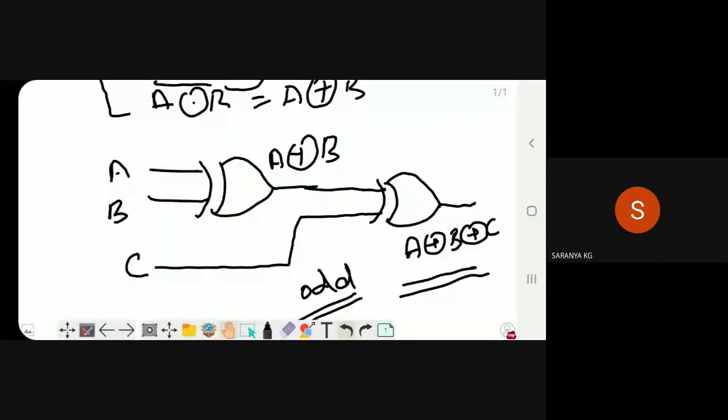This is the design for both odd and even parity, but the values may change. Check by yourself and verify with the notes which we have already posted in the Google Classroom. Students, this is today's work: apply the even parity column values in the K-map, get the equation and then design it.